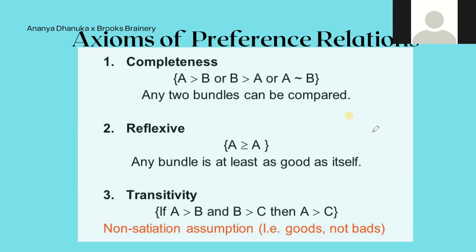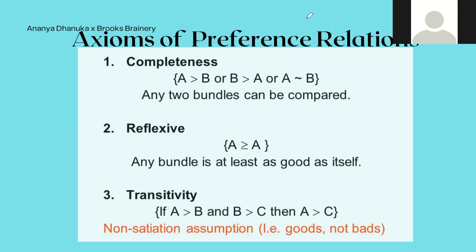What do they understand by completeness here? I think according to the equation that is given, it's like things that can be compared at all levels, every level. Like it says, it can be compared. It can be greater, it can be lesser, or it is equally preferred. On a whole scale, you can compare those two bundles.